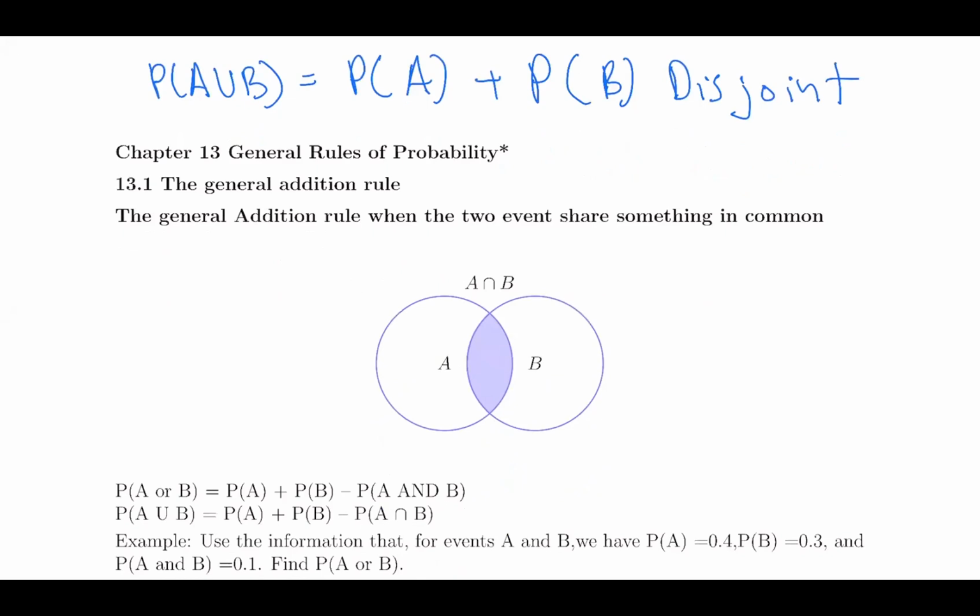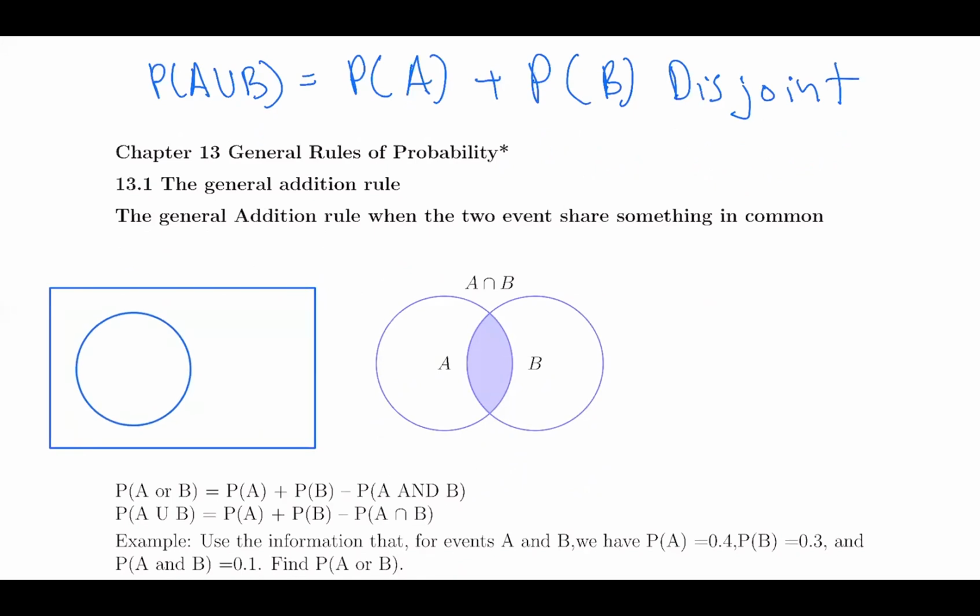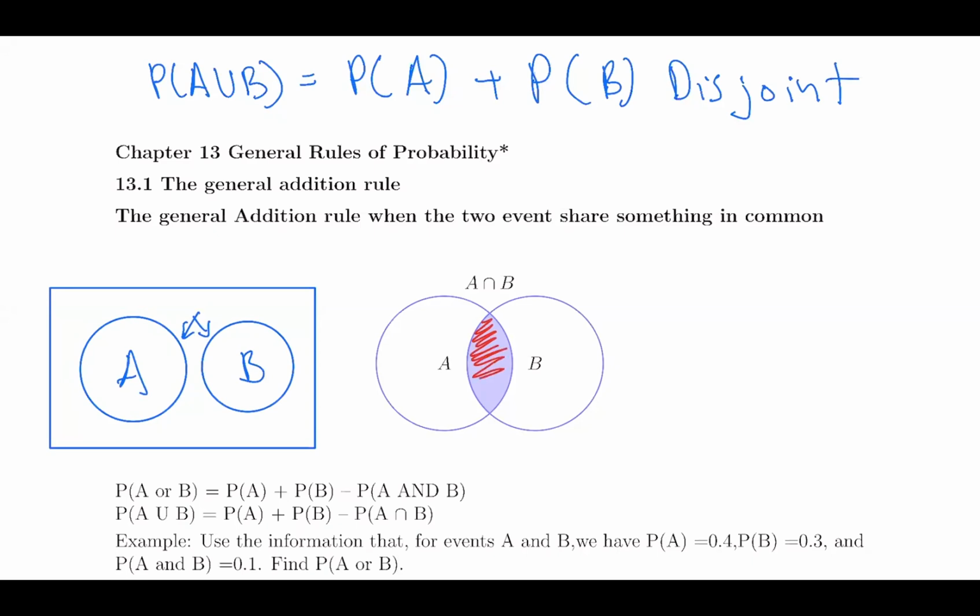If you look at the Venn diagram, it's a little bit different from the other Venn diagram that we saw when it was disjoint. Because when it's disjoint, you have one outcome, but then you have another outcome. If you look at it, they're disjoint. They don't overlap each other. So today we're going to be working on the case when we do have an overlap. Usually the overlap is this portion over here, because that's where they overlap or that's where they share or